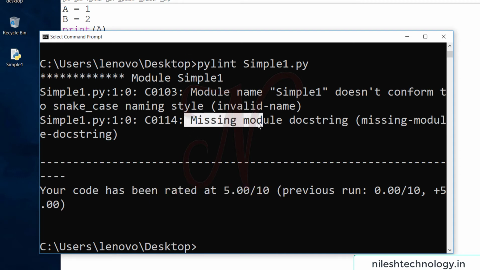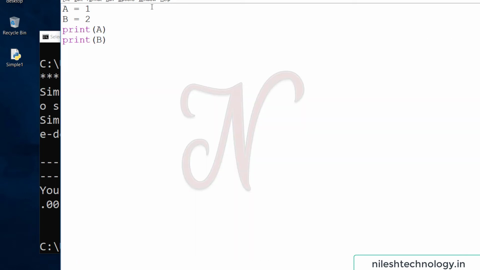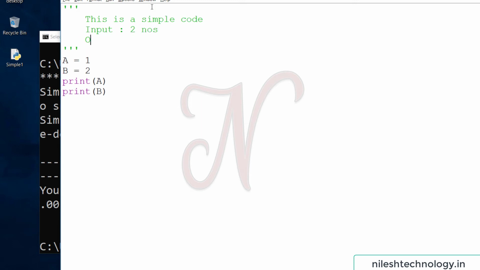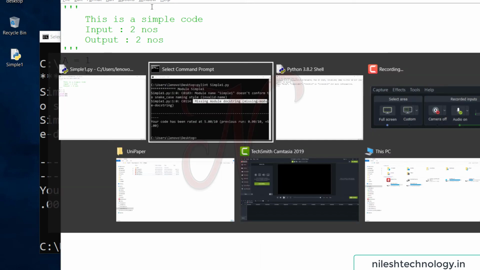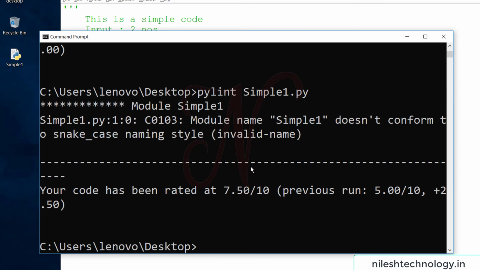See here, missing module docstring. So we add a docstring. A docstring is written using three single quotes. Inside it we define: this is a simple code, input two numbers and output two numbers. Save these changes. See here, pylint now gives 7.5 out of 10.